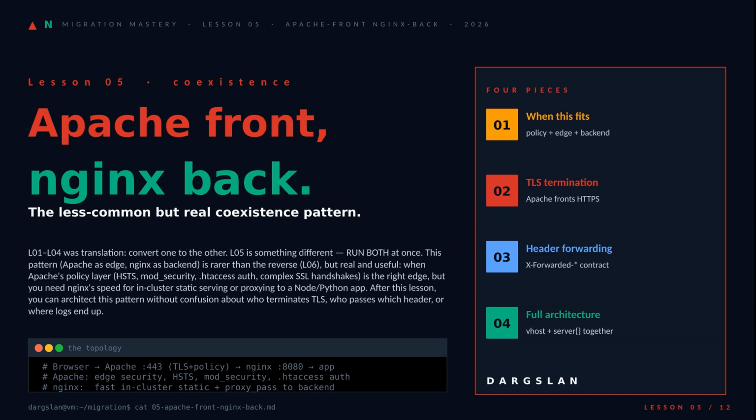Up to now, we've been doing translation work, converting Apache configs to nginx or back. This lesson is different. We're going to run both at once, with Apache out front terminating TLS and enforcing policy, and nginx behind it serving static files and proxying to your app. It's the less common direction, the reverse is more typical, and we'll cover that in Lesson 6. But when Apache's edge features are the right tool and you still want nginx doing the heavy lifting downstream, this